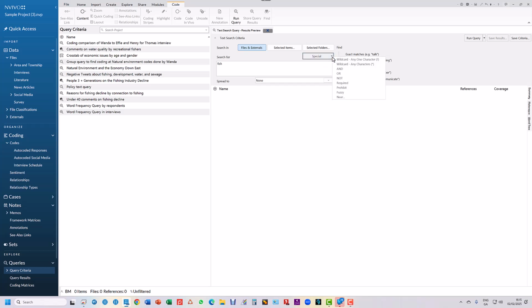There's also more limited operators here. So and, or, not you have, but required, prohibited, fuzzy, near. You have a near search, I think, on the Mac, but from memory, and you have a wildcard, but there are fewer of them, and you certainly don't have anything that's in a compound query like preceding or surrounding in a text search element of a compound query. So we run the query and we get our preview,